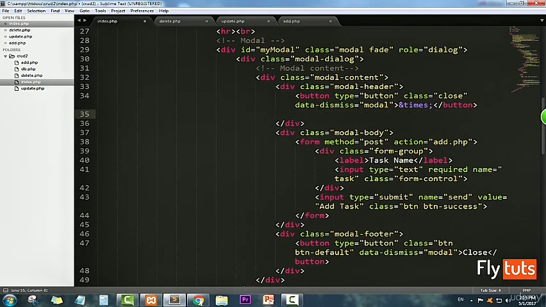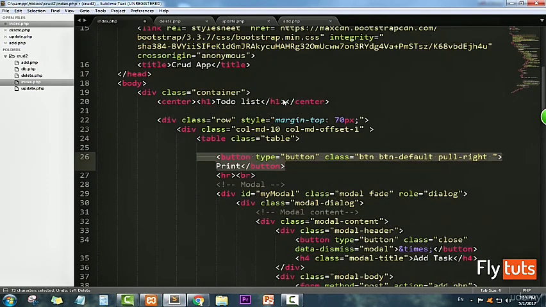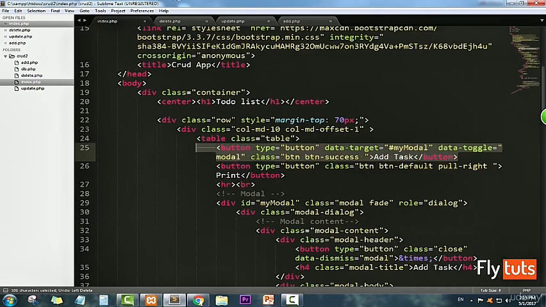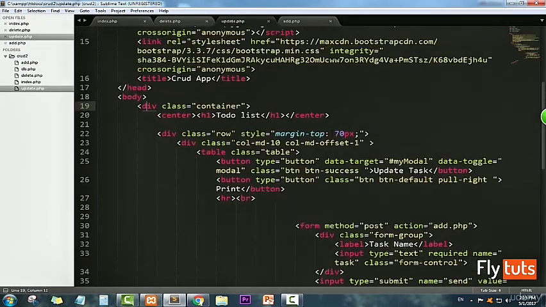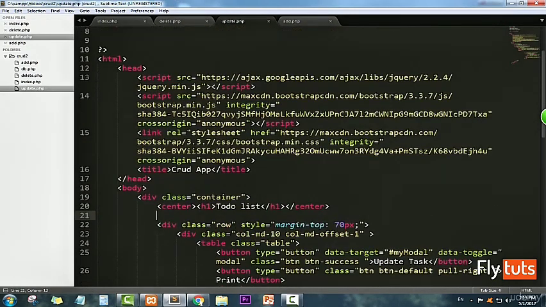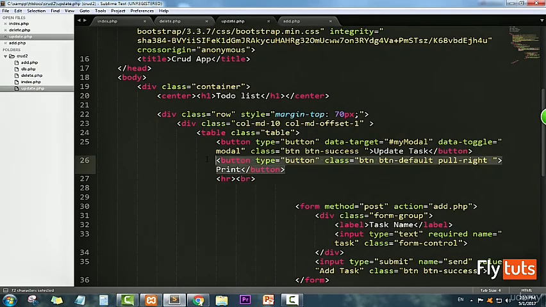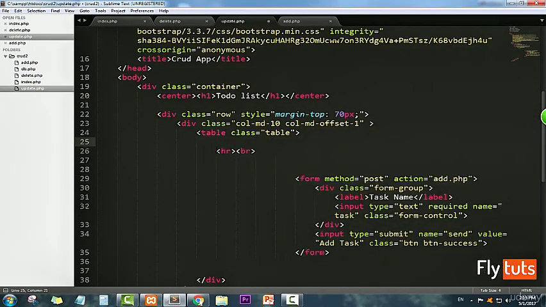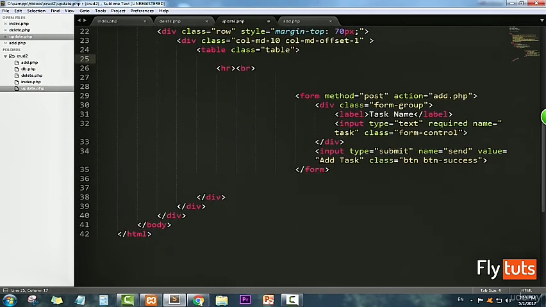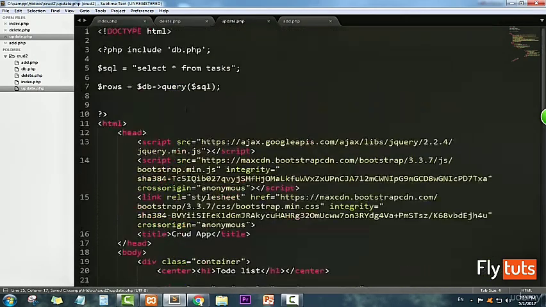This module also should delete it. Sorry. We don't need the button here, print and update. We don't need these two buttons, we just need this one. So now we don't need this SQL to display all the data, and instead of this we're gonna select all from task where